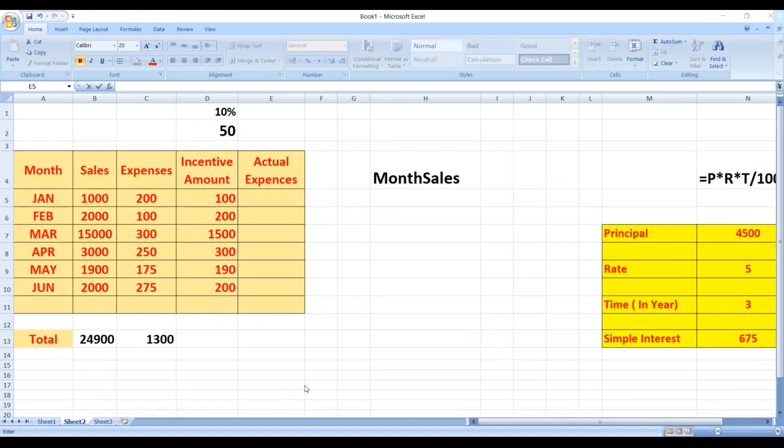So for calculating the actual expenses, we are taking the charity of 50 over here. I am writing it in the D2 column.